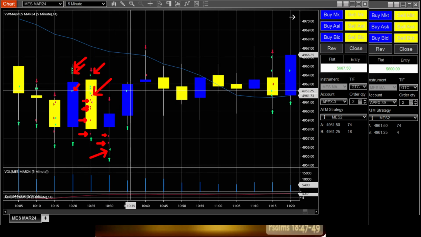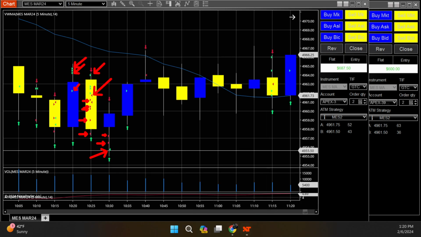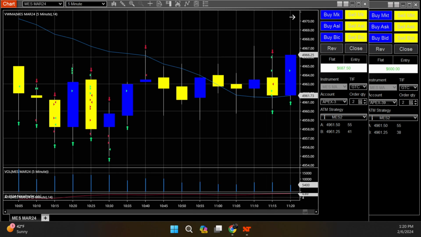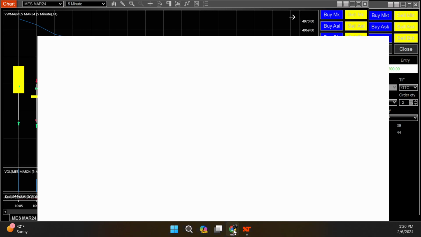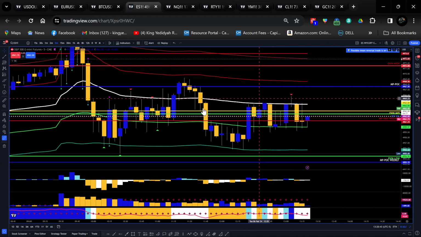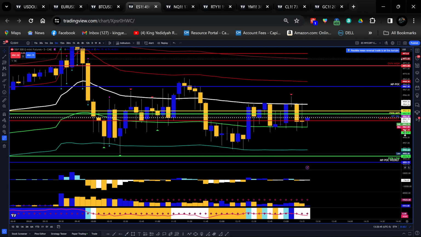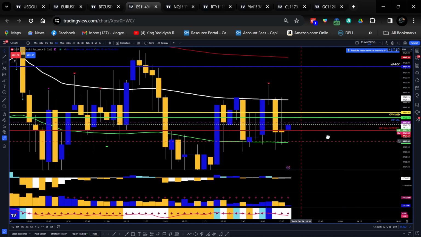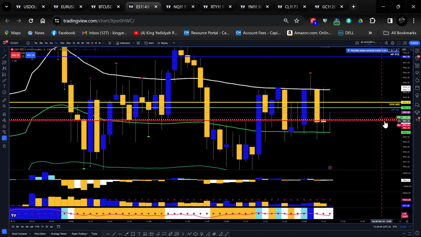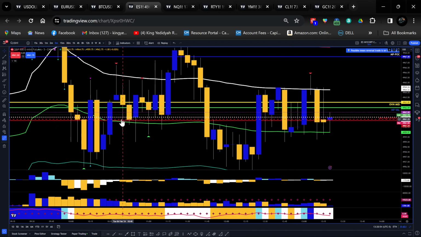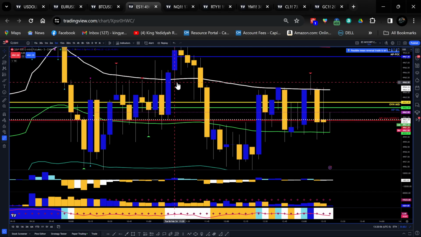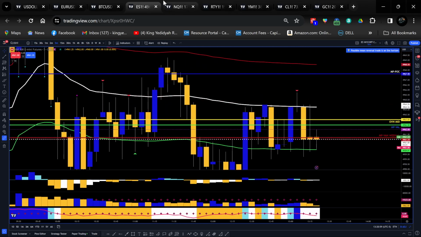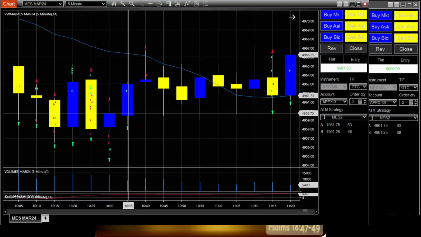I took a long here, a reversal again, at 49.6225, which is above the weekly value area high. Let me pull that up. Make this bigger here. So this is the weekly value area high at 49.6125, the red line going across. So I caught a little reversal right there pushing up. And let's see what levels that was.